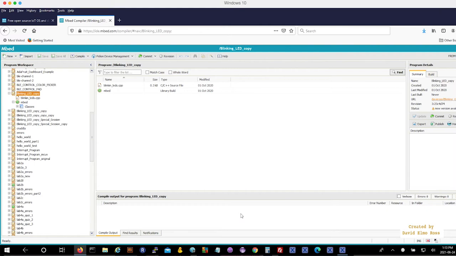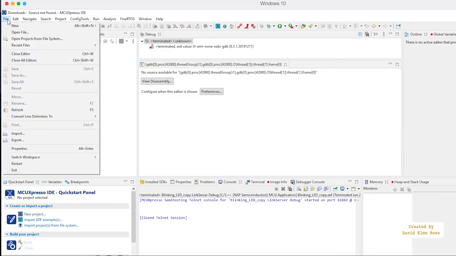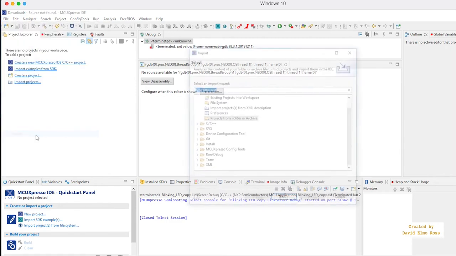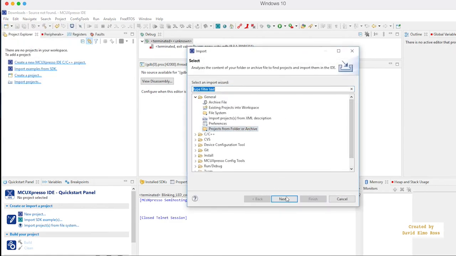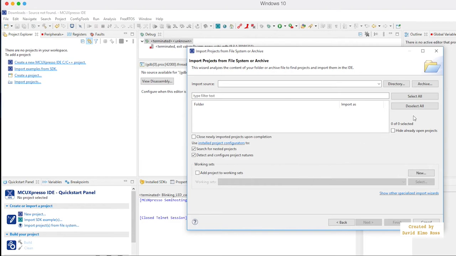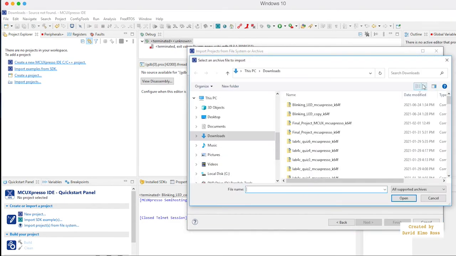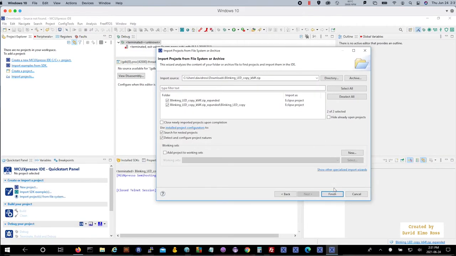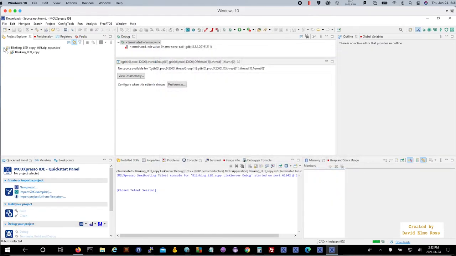Now at this point what we're going to do is go back to MCUXpresso, and we're going to say file, import, projects from folders or archive. We're going to say next. We're going to go archive, and we're going to choose blinking LED copy and say open, and we're going to say finish. Now when we open this up here again and we double click here, it should appear in this